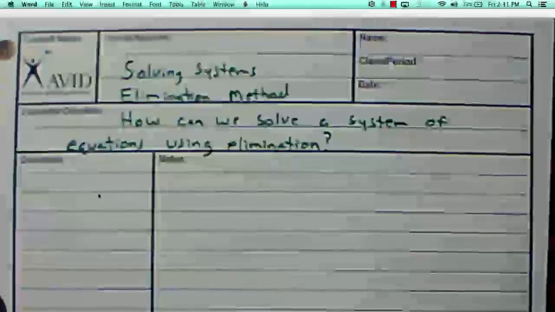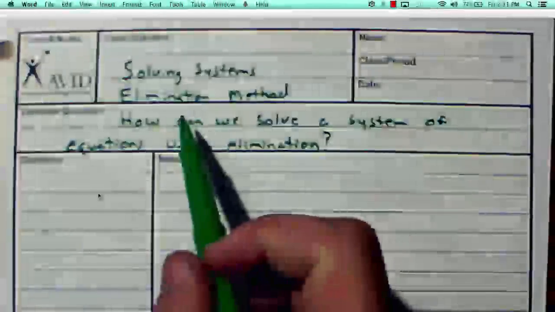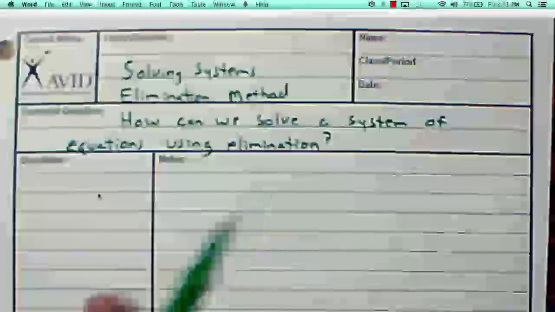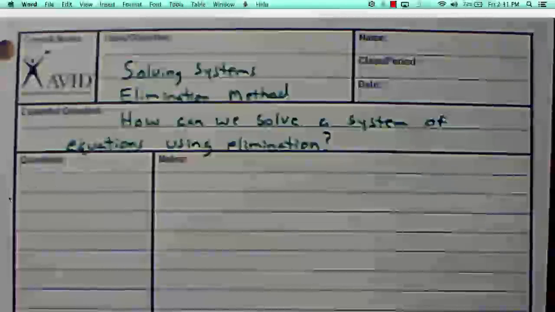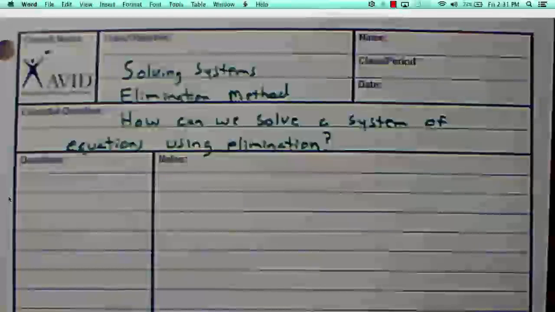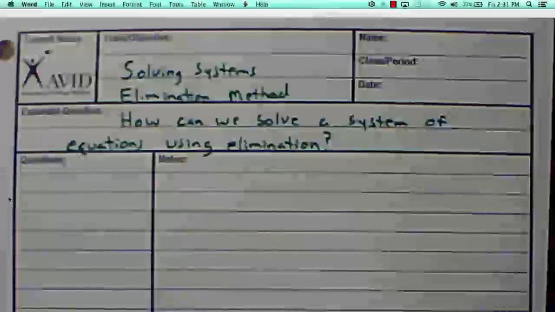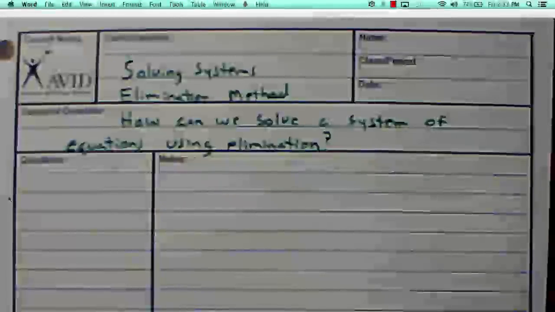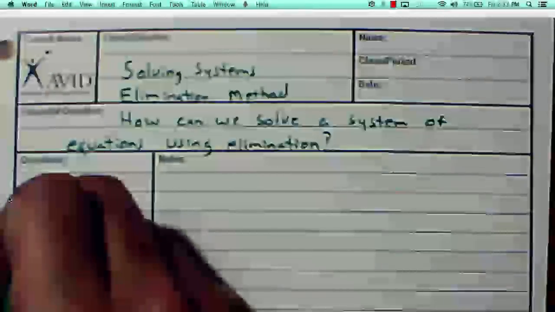In this video, we're going to look at solving systems of equations using the elimination method. Our essential question: how can we solve a system of equations using elimination? Well, we'll first start with an important definition: